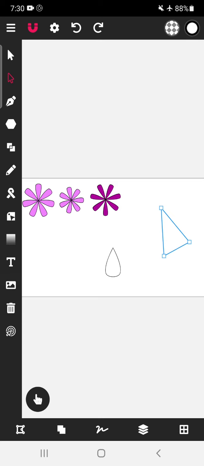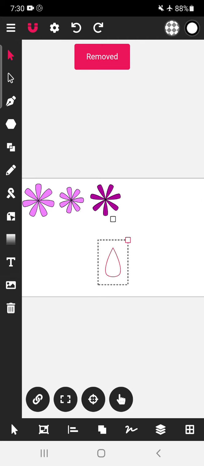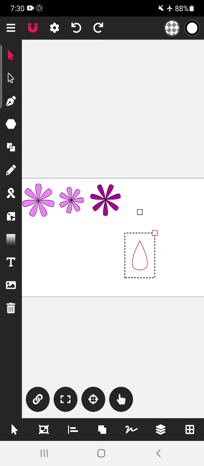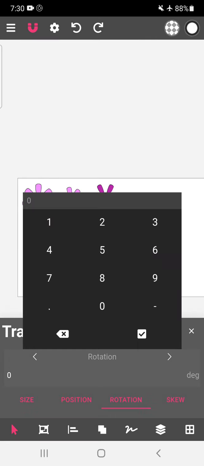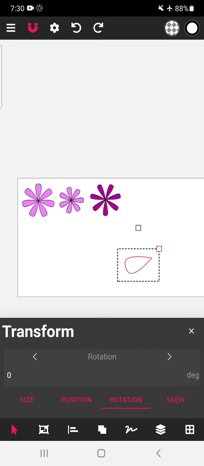So we will focus on the rotate tool now. So this is your petal. To use the rotate tool, there are two options. You can rotate it directly from here. This particular icon, you can use it to rotate the petal. Another option is you have to go to this particular option, and this rotation tool is there, and you can type here 45 degrees and click OK.